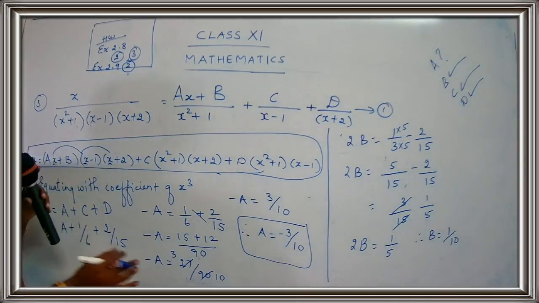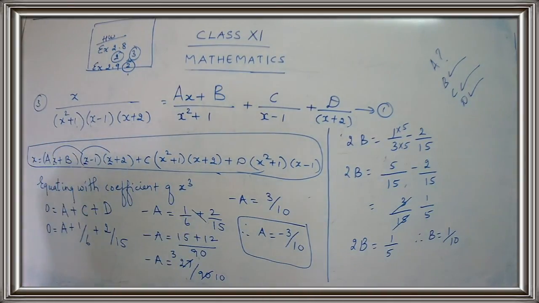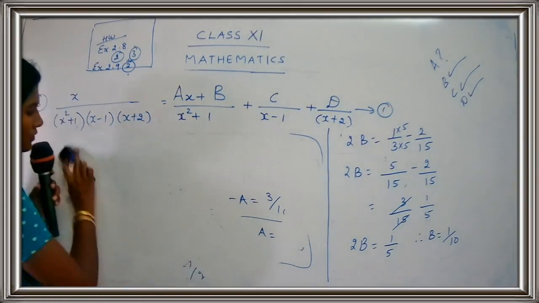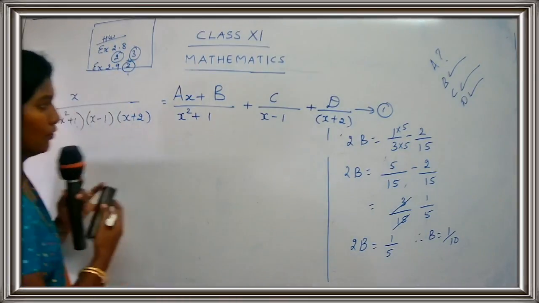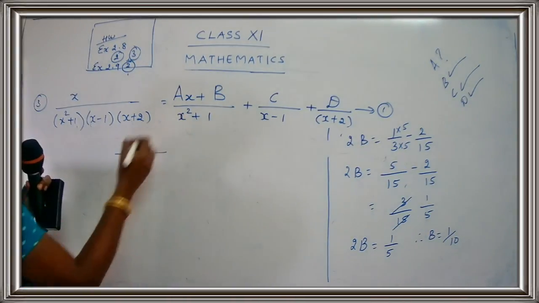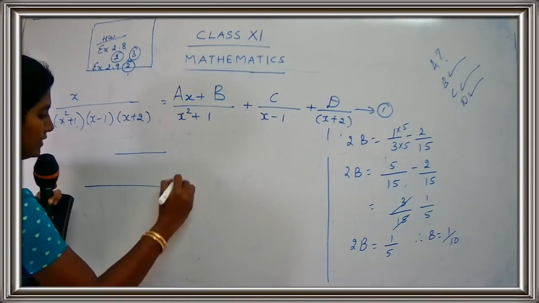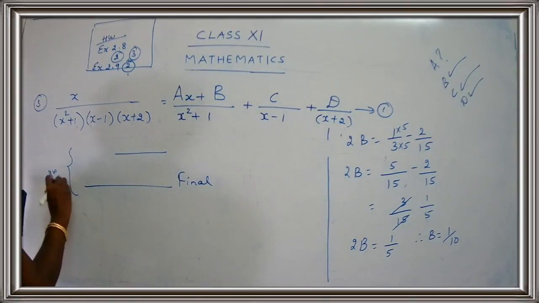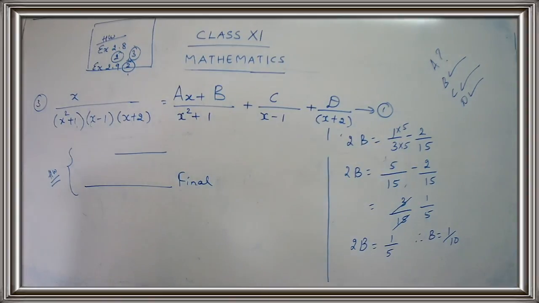So what you're going to do? You have 2 more steps. We have found the value for a. Now the next work is you are going to substitute the values of a and b and you are going to get the final answer. So this is your homework. 2 more lines is your homework. I want you to try out the last 2 parts.